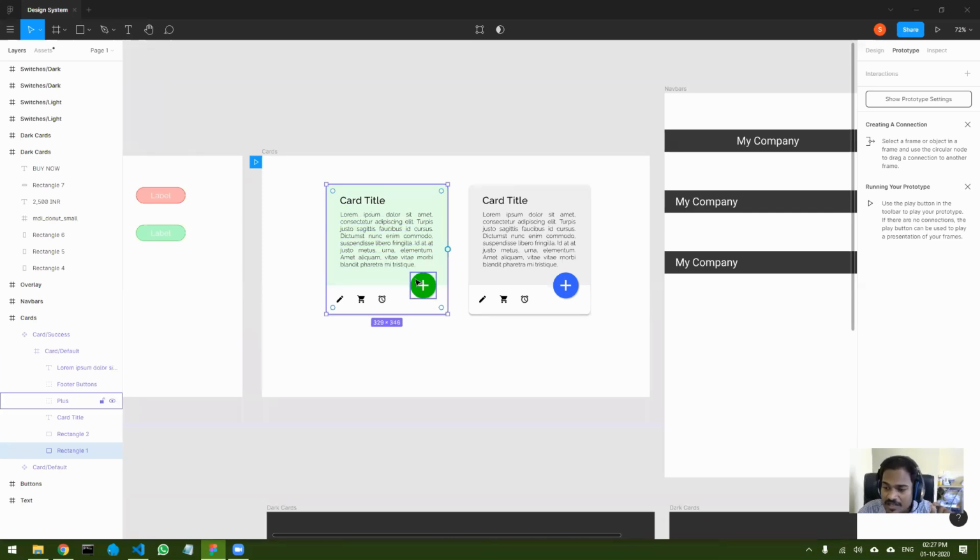Then this is the very confusing part: how is this coming somewhere in between? It is neither on top nor on bottom, right? As soon as you find something which is floating around, not in the flow of the document, you should understand that some type of position is used.